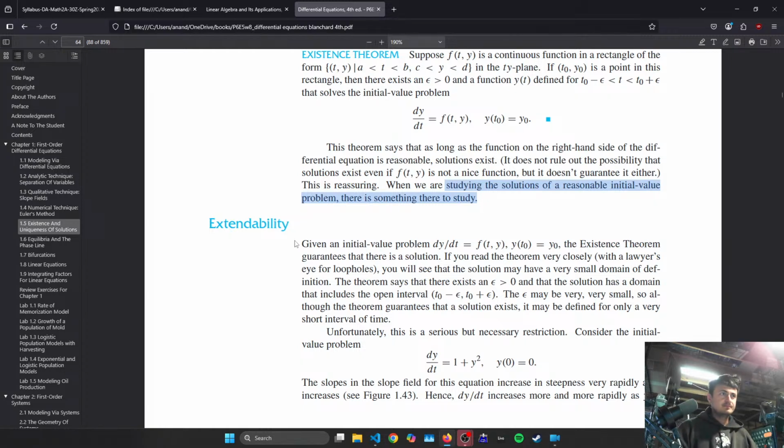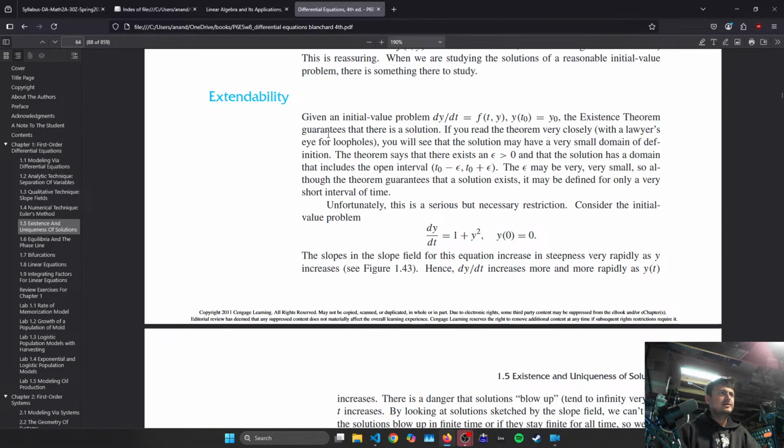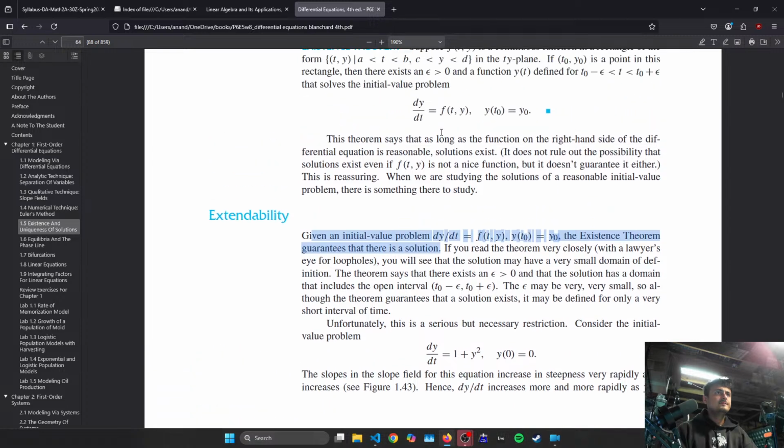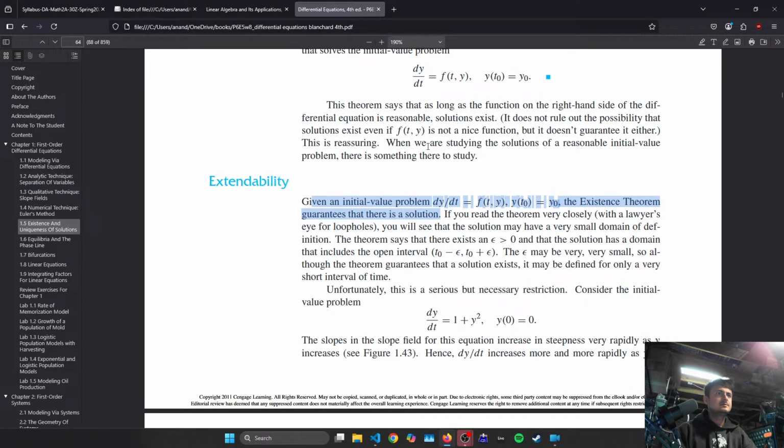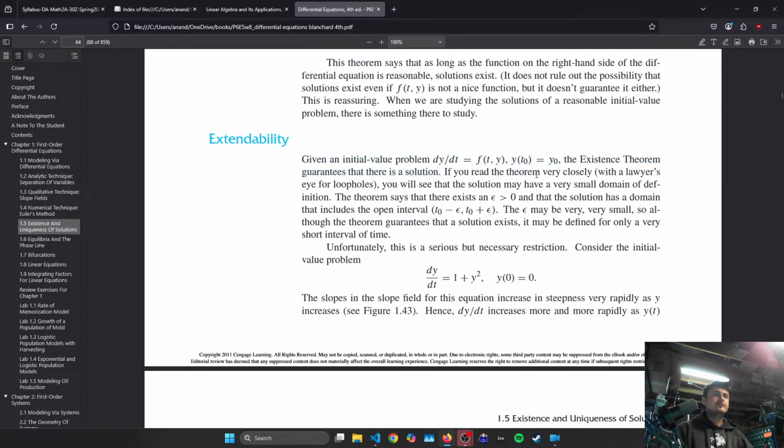All right, so extendability. Let's see, what does that mean? Given an IVP, the existence theorem guarantees that there is a solution. If you read the theorem very closely with a lawyer's eye for loopholes, you will see that the solution may have a very small domain of definition. The theorem says that there exists an epsilon greater than 0, that the solution has a domain that includes an open interval. The epsilon may be very, very small, so although the theorem guarantees that a solution exists, it may be defined only for a